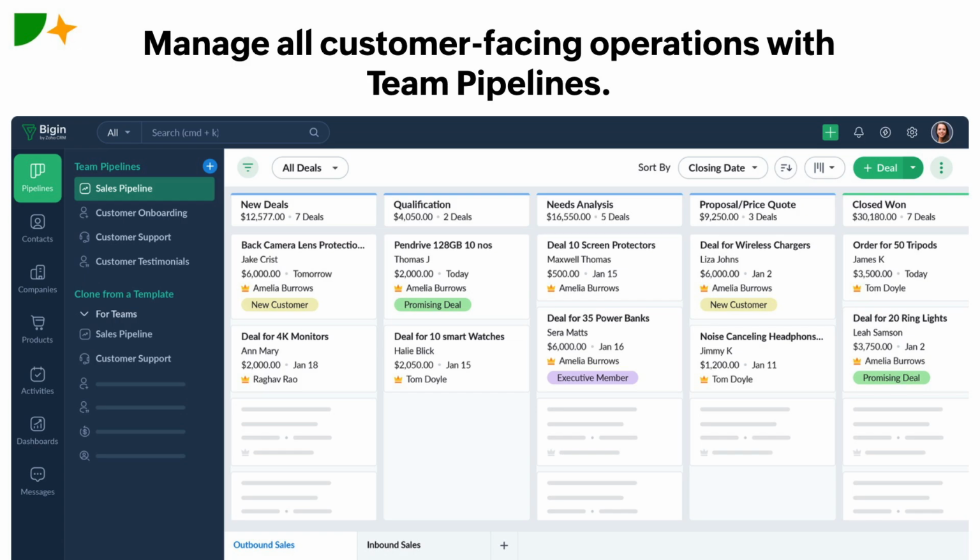So what is a pipeline management system? It's nothing but a clone of your day-to-day sales processes or your customer facing processes. I'm sure you would have heard about CRM for everyone yesterday, right? The whole idea behind CRM for everyone and the team pipelines is the same. So CRMs are not only meant for sales teams. Think about any activity that you're still doing on spreadsheets. Even take your lunch orders, for example. Yes, sometimes you prefer spreadsheets, but what if you just have a list of things in your CRM,